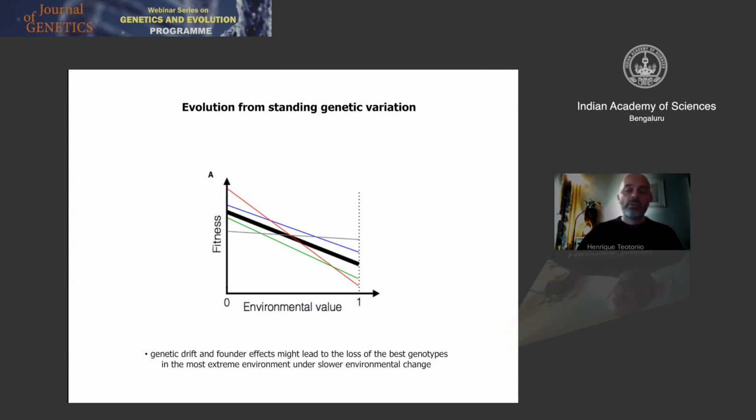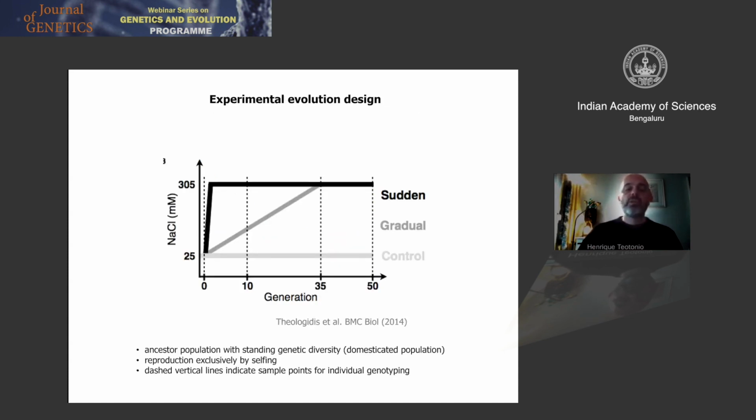So we wanted to test this idea, and what we did was to perform experimental evolution to a novel, challenging condition, which was an ACL concentration in the medium. Everything else, in terms of demography, was the same, starting experimental evolution from the ancestor domesticated population with standing genetic diversity. We also manipulated the reproductive system such that reproduction occurred exclusively by selfing, and thus there was very little recombination between extant genotypes during the experiment, and effectively we are modeling a multi-allelic locus